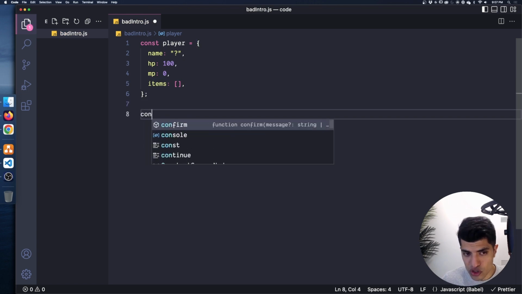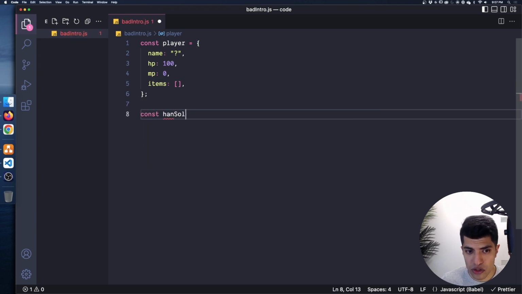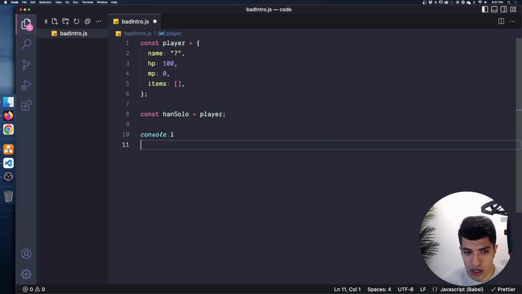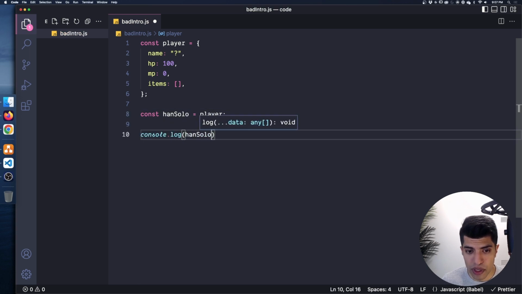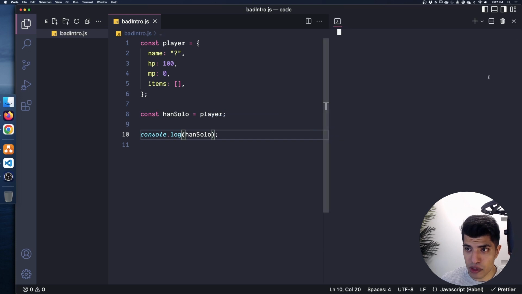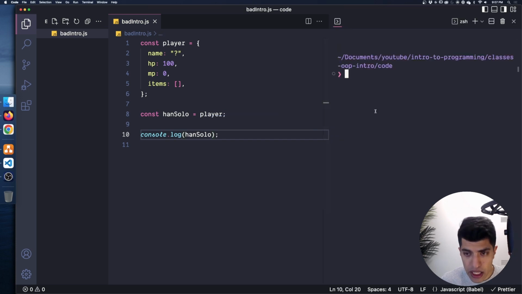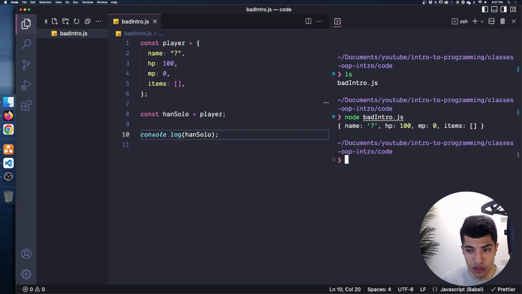Right? So let's start with Han Solo. So let's say we have Han Solo is equal to player. And then if I console.log out our friend Han Solo, let's see what we get. So I'm going to pull up my terminal here, and make sure I'm in the correct folder. I'm going to run node bad intro, I guess, which is a very weird name. Okay, that kind of works. I mean, it's the default values, but that's what we want. We want to be able to change them. But before we do that, let's